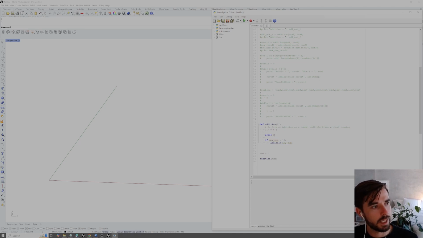This would print 1. If new num, so if 1 is less than 10, call the function again. 1 goes in here then, because new num equaled 1. So now we're calling the function, passing in 1. Now we have 1 plus 1 equals 2, so print 2. 2 is less than 10, pass in 2. 2 comes up here, and I'm not going to go through this all the way through 10, but hopefully you